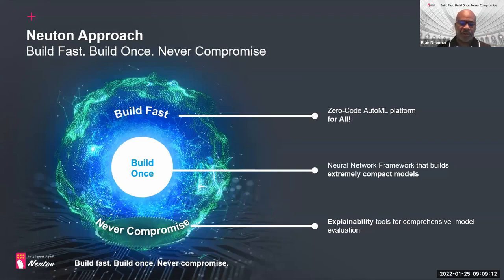So what's our approach? Our approach follows three very critical steps. Number one is we want to enable all of our partners and customers to produce a model efficiently. This is where we begin to talk about accelerating your go-to-market. Newton is a zero-code AutoML solution that enables you to produce models efficiently without compromising accuracy in one iteration.